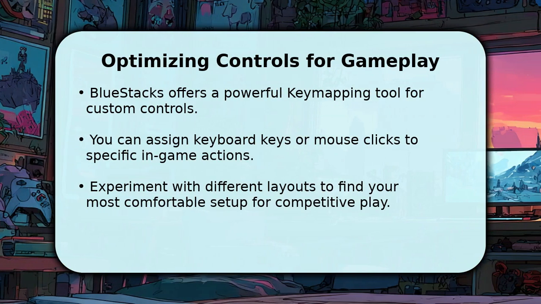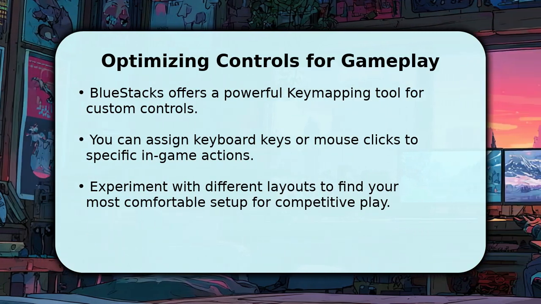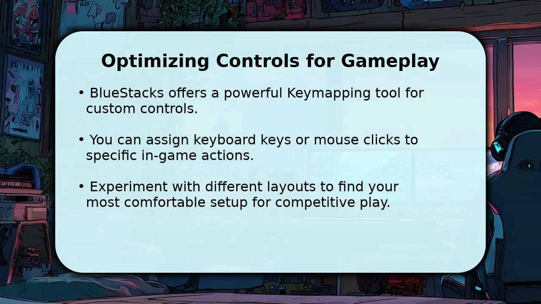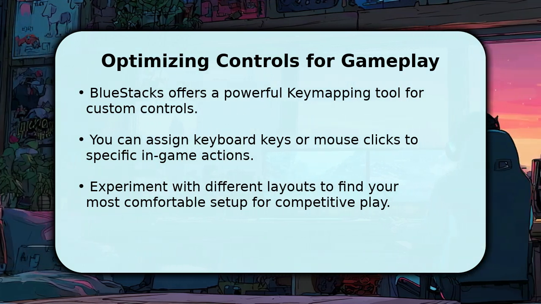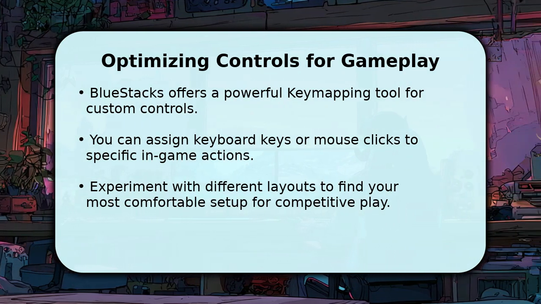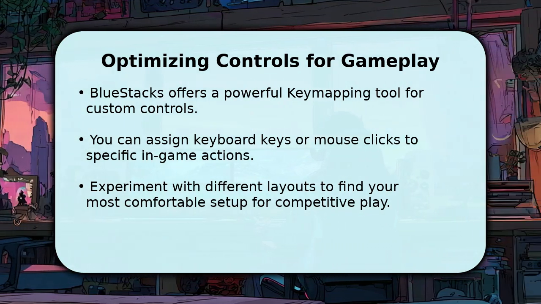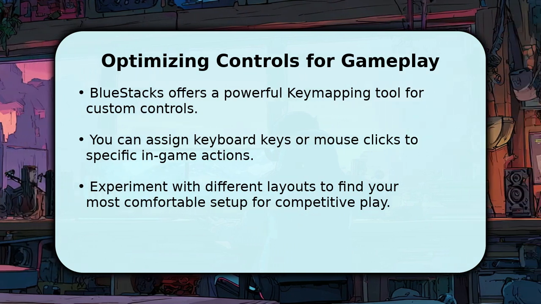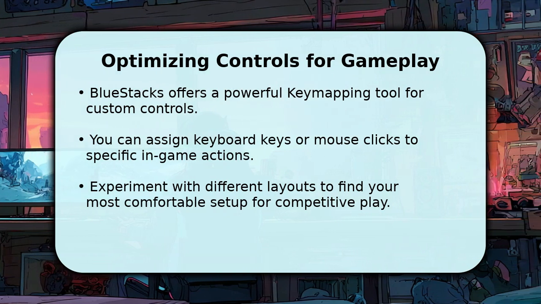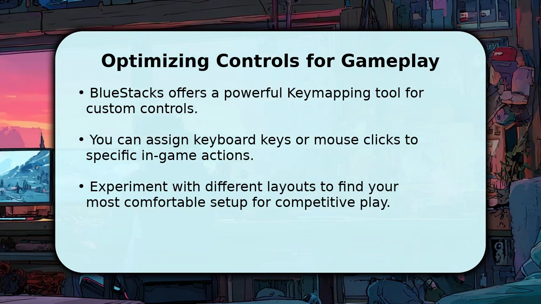You will immediately notice the default controls, but for optimal play, we recommend customizing them. Open the Game Controls menu, usually found on the right sidebar, to access the Advanced Key Mapping tool. Here, you can drag and drop controls, assigning actions like movement to WASD keys and attacks to your mouse or space bar. Saving your personalized control scheme ensures a precise and